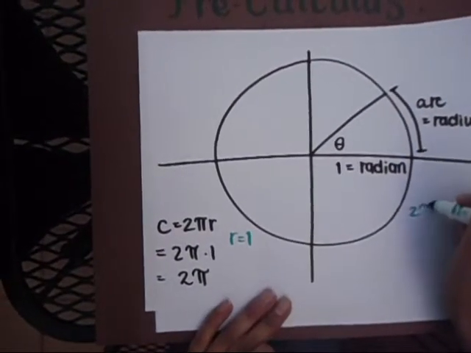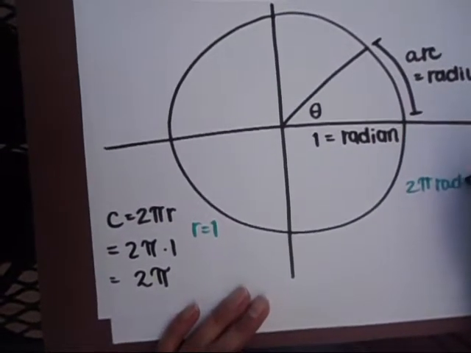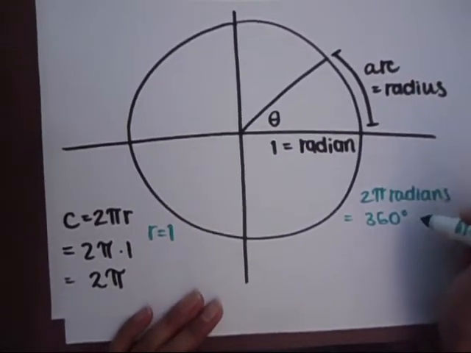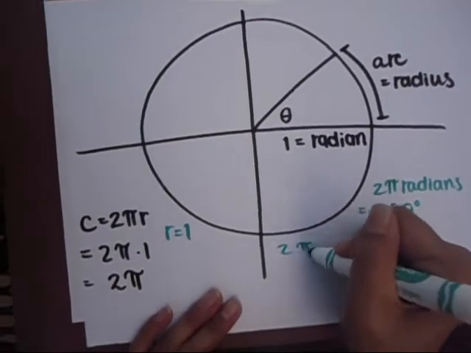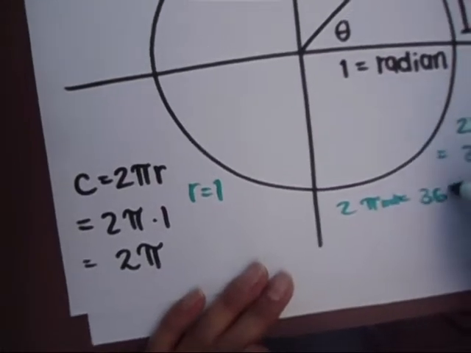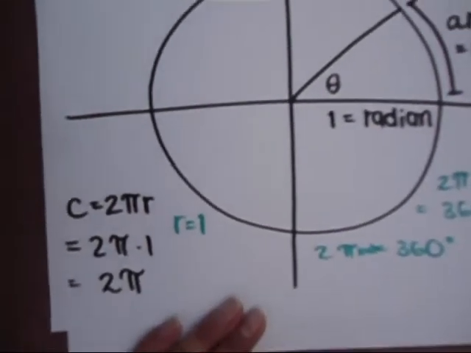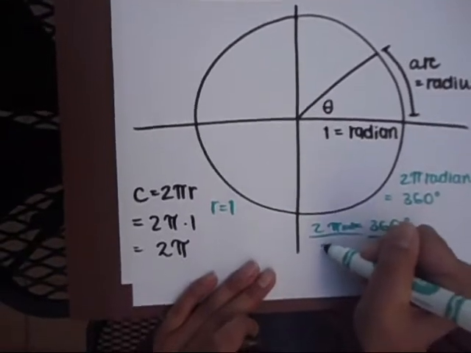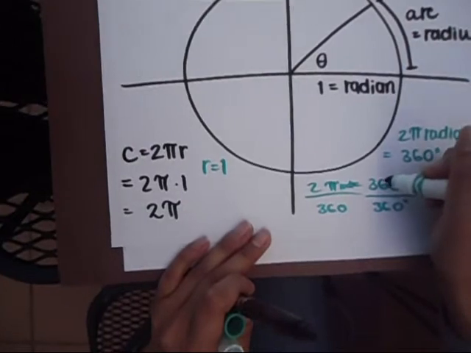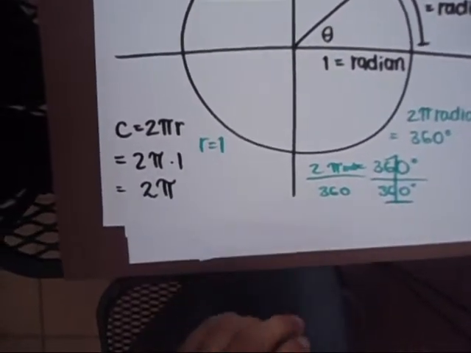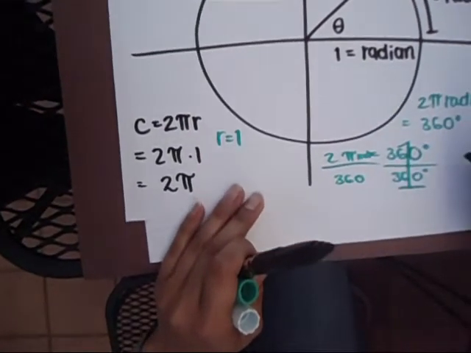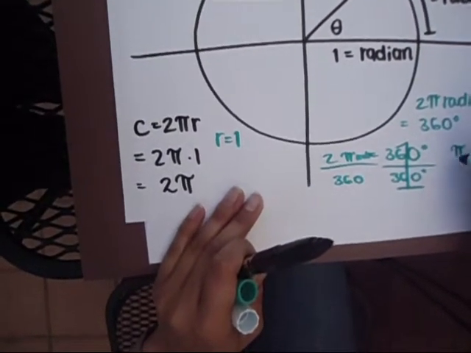So 2 pi radians equals 360. Let's put that right here. Sorry, I don't know if you can see that. So we'll divide both sides by 360. And 360 divided by 360 simplifies to 1. And 2 pi radians divided by 360 is going to be pi over